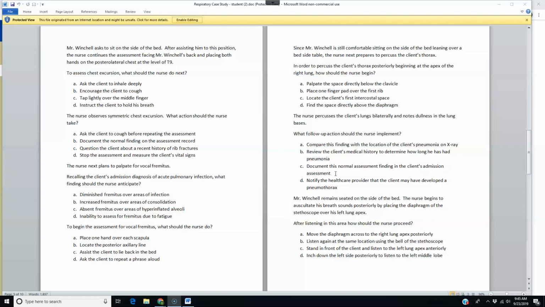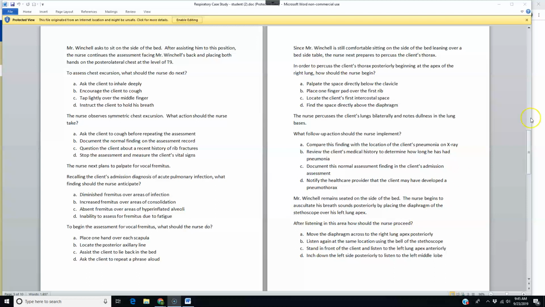You've got to be very careful, though, as you tell your patient to take a deep breath in. You must leave it there a few seconds, so if you're hearing anything unusual, then you move on to the next landmark and you just keep going down and across, down and across. Your instructor should show you that today in your lab and how to proceed to listen to the patient posteriorly. Be careful that the patient isn't breathing too fast in between the different positions that you are using to auscultate his lungs, because sometimes they can get a little bit dizzy and you don't want him to be blowing off too much CO2. But the answer to that question is move the diaphragm across to the right lung